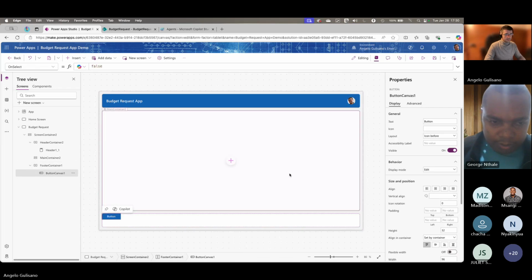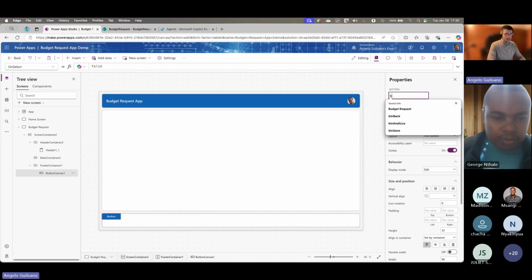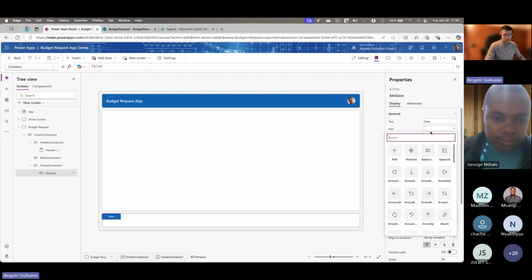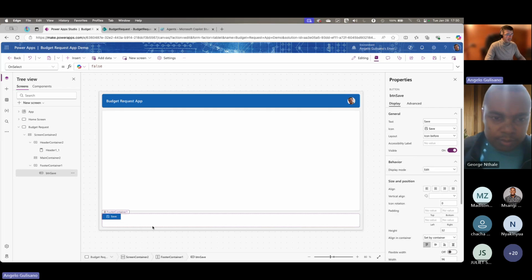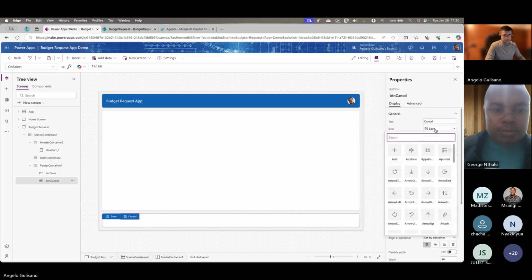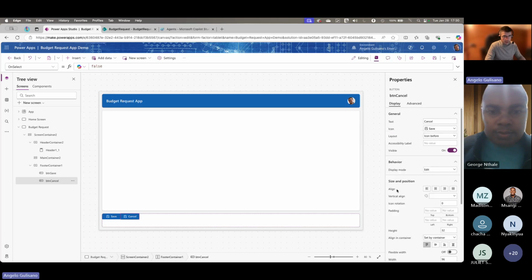btn save. I usually rename everything in our app. Save and icon save and copy and paste btn cancel. I don't know, we can use this one. Okay.